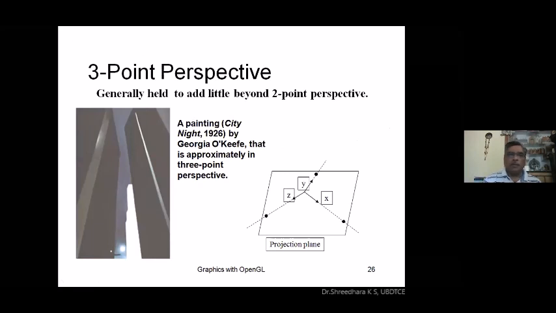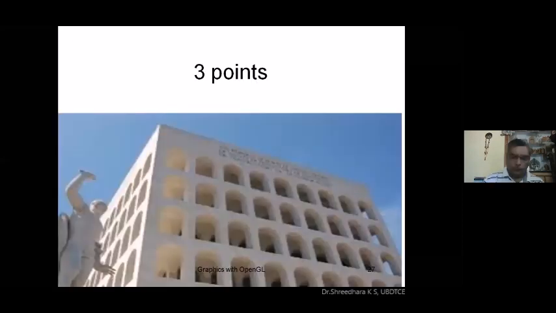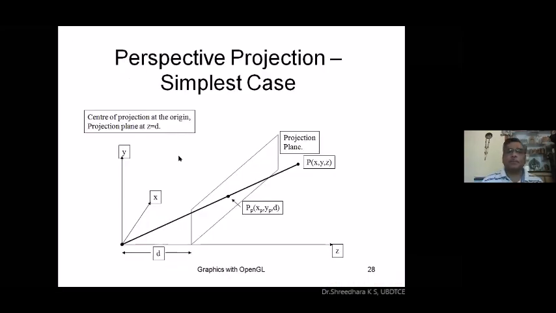Anyway, these are all 1-point, 2-point, 3-point perspective concepts. From the graphics perspective, it is observed. In general, we try to find out the transformation matrix for this perspective projection. This is the outcome when you draw a picture using 3-point perspective. So those who know a little bit about drawing will make use of this perspective projection to give the view to the different objects they are going to draw. So now we'll try to define a transformation matrix for perspective projection.